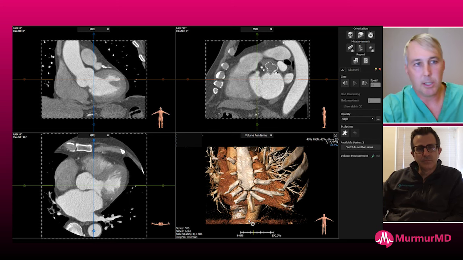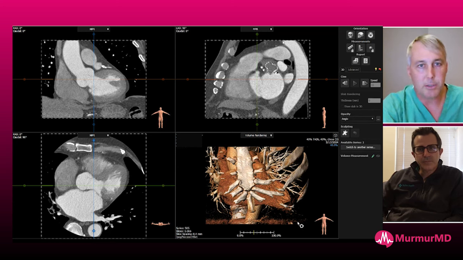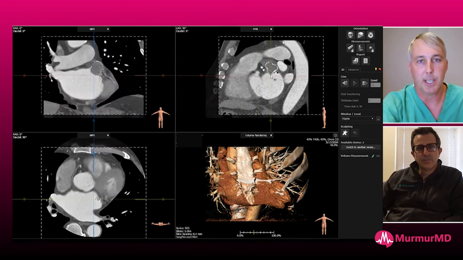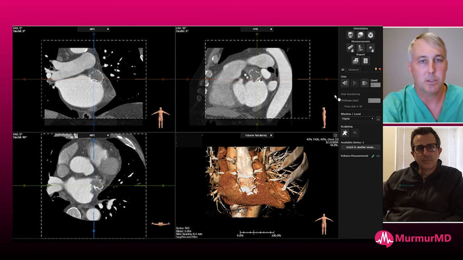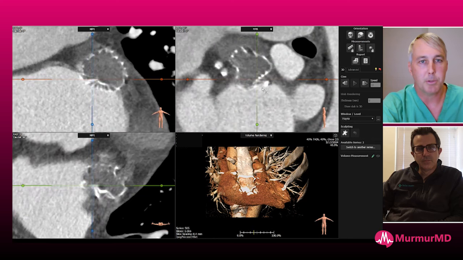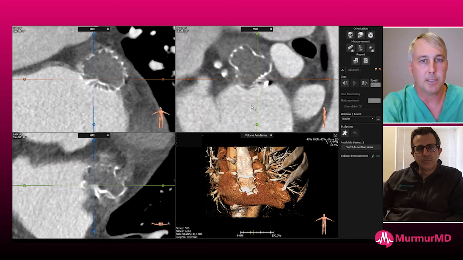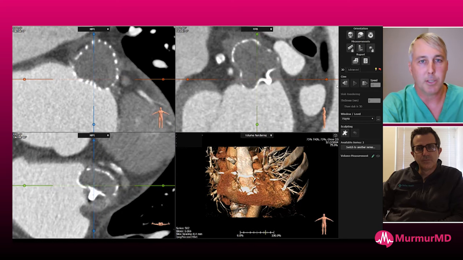And so here are the axial, sagittal, and coronal planes. But basically what I do is I want to line up my planes on the Watchman device, like we would when we measure for compression at the end of the case. So I'm going to move my planes over to the device. We'll zoom up on it a little bit. And you can see there is a little bit of motion. So I'm going to try, this is systole. I'm going to try diastole, and diastole looks a whole lot better. So we'll use this one for the purpose of